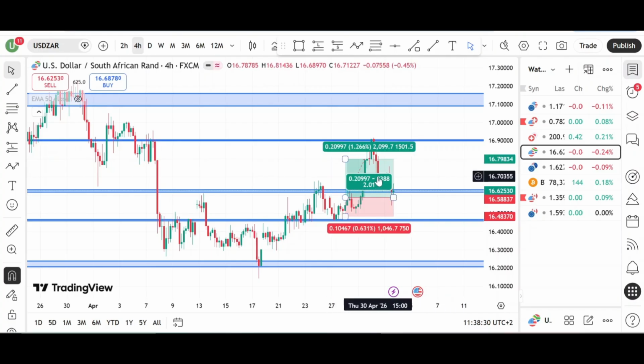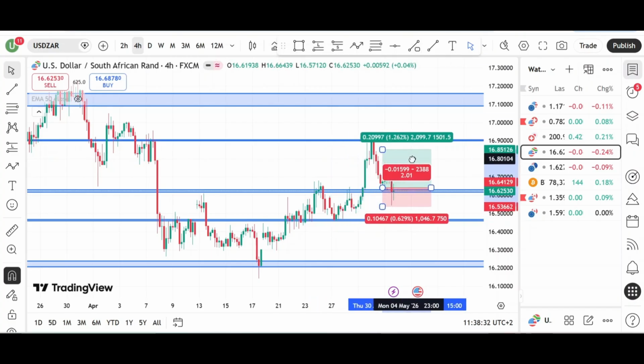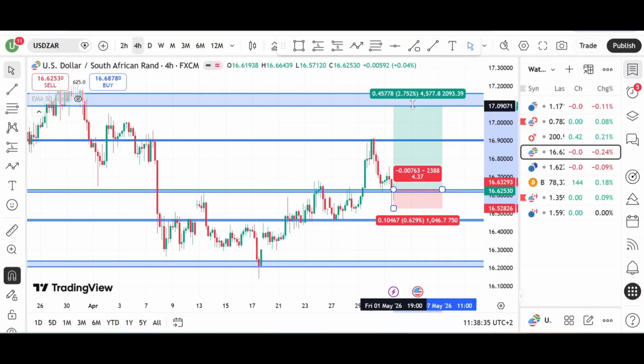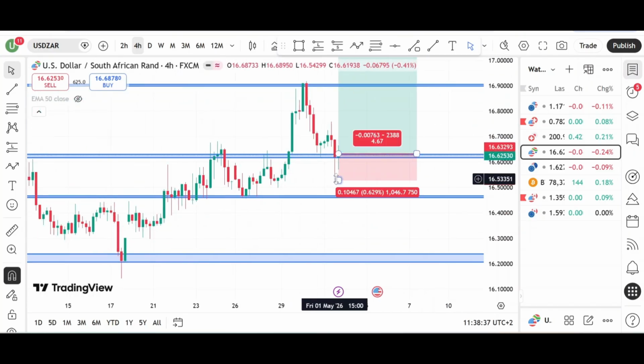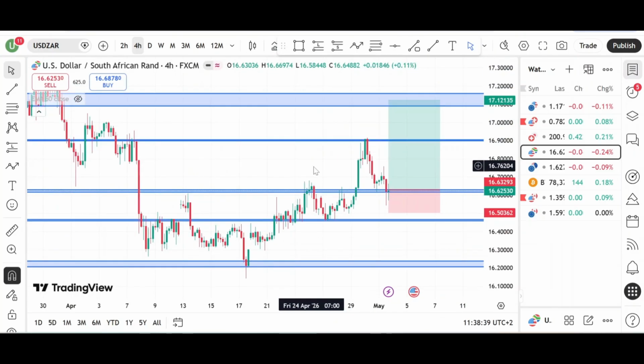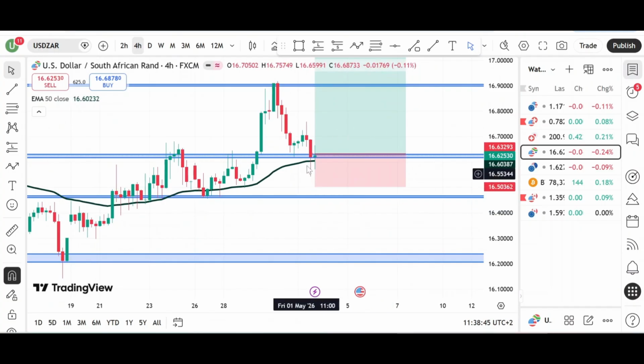That's where I exited. So what we are going to do is wait for the confirmation here, and then I will automatically enter for a buy. This is our confirmation. You see that our EMA is also